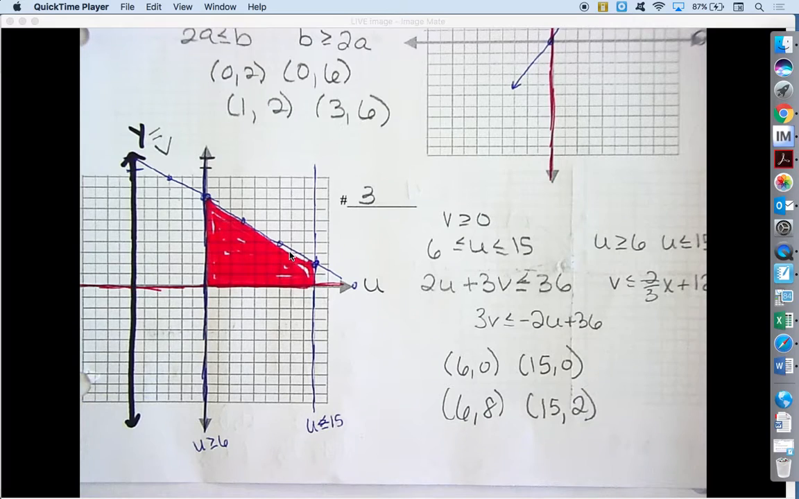So number 3 had the u and the v. So u is really x because it's first in the alphabet. So you got to say your alphabet, remind yourself which comes first and second. V is the y because it's after the u in the alphabet. And when you're graphing this,